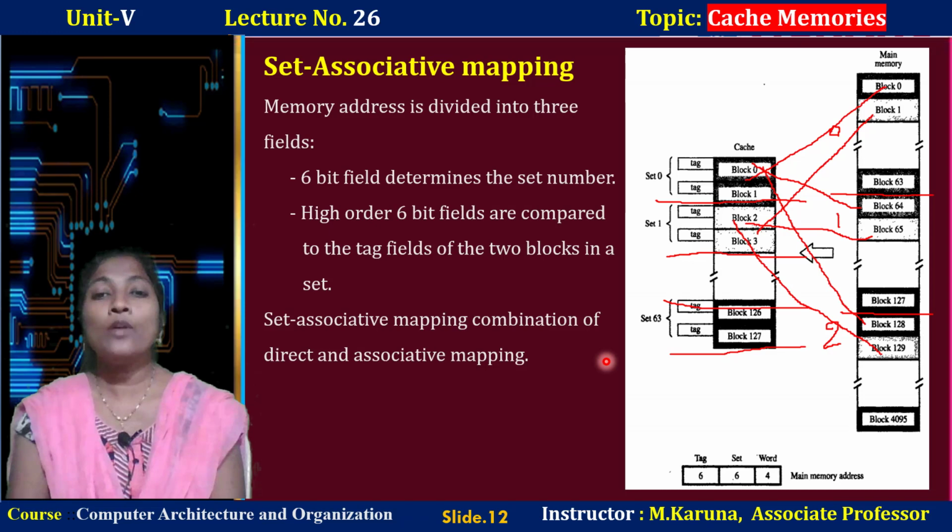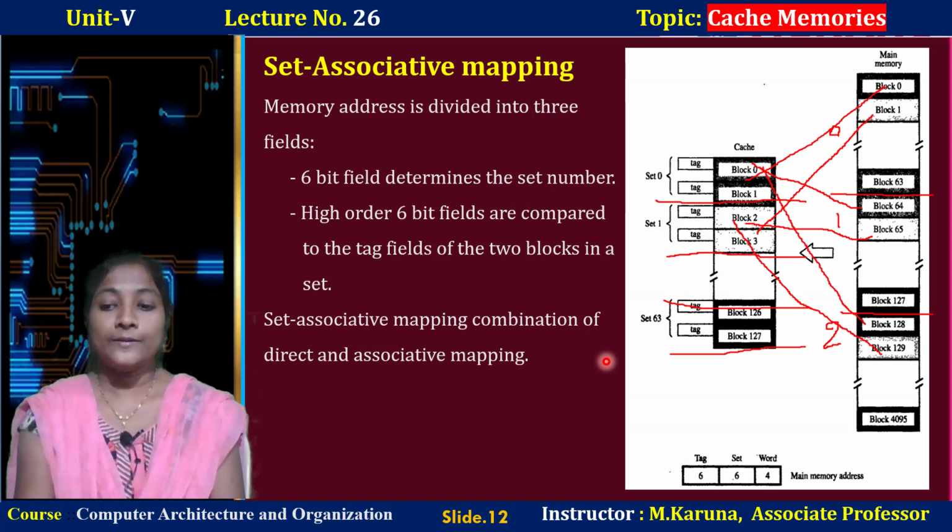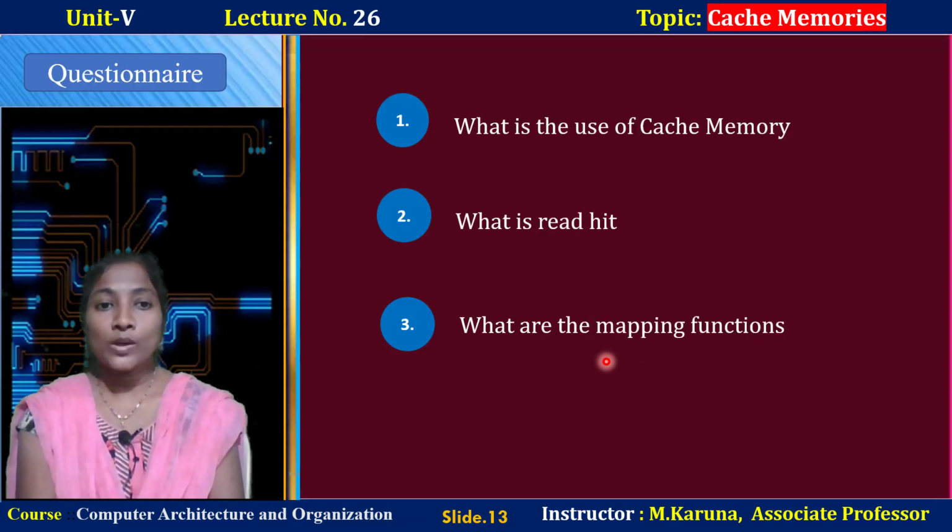So this is how the processor can access the data more quickly from the cache memory than from the main memory at the time of executing the required instructions repeatedly. So the execution time of the processor may be reduced when you use cache memory. Finally, when execution time is reduced, system performance can be improved with the help of this fast cache memory technique. Let us move on to the questionnaire slide.